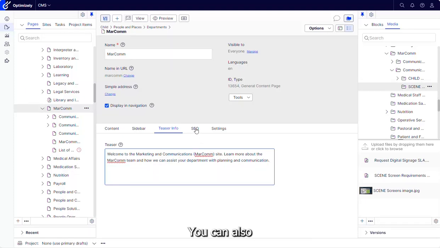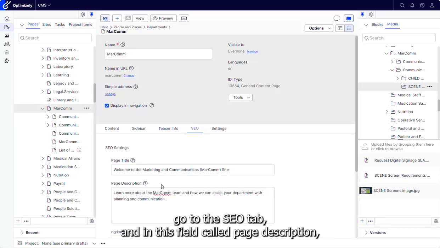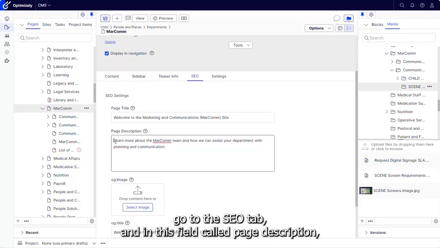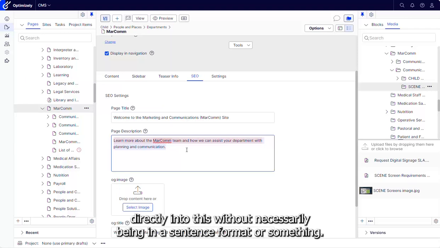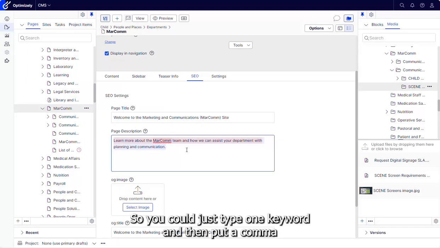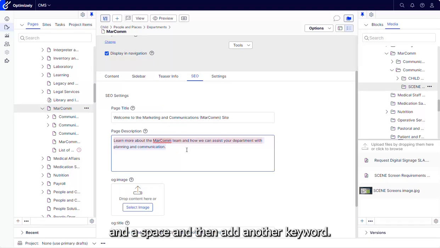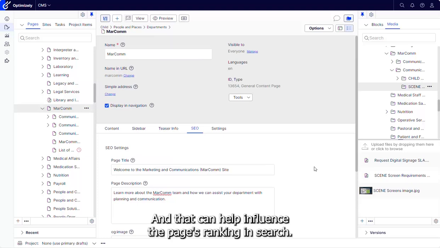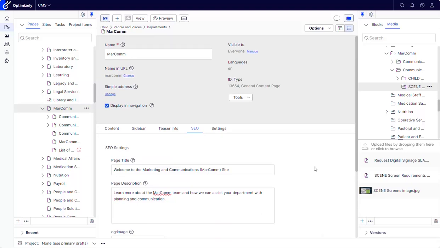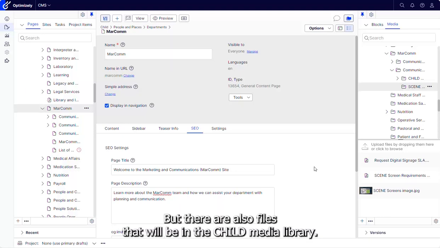You can also go to the SEO tab, and in this field called page description, you can actually just add keywords or phrases directly into this without necessarily being in a sentence format or something. So you could just type one keyword and then put a comma and a space and then add another keyword. And that can help influence the page's ranking in search. So those are some tips for child pages, but there are also files that will be in the child media